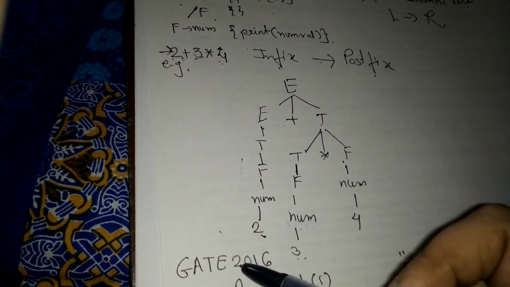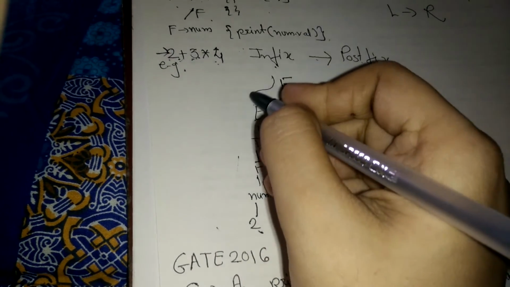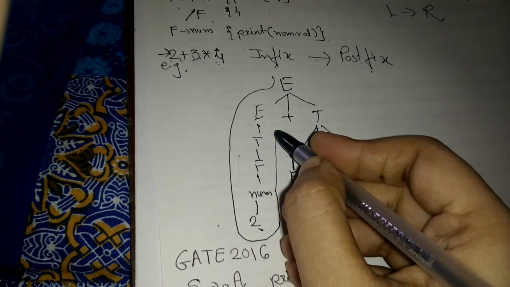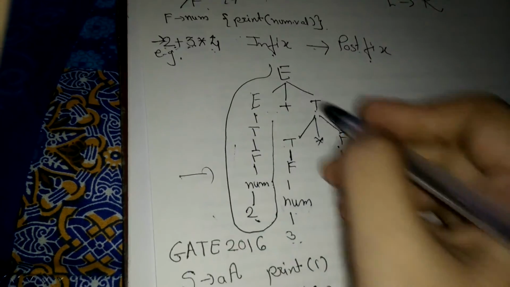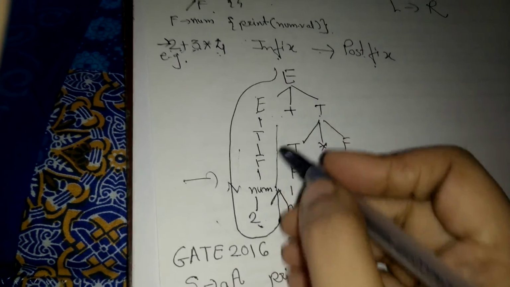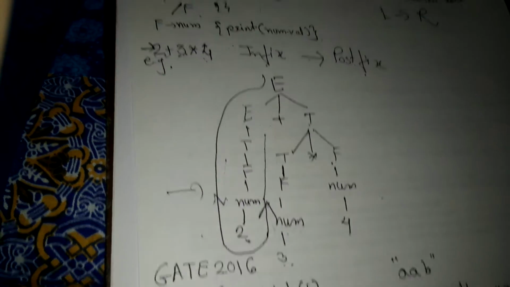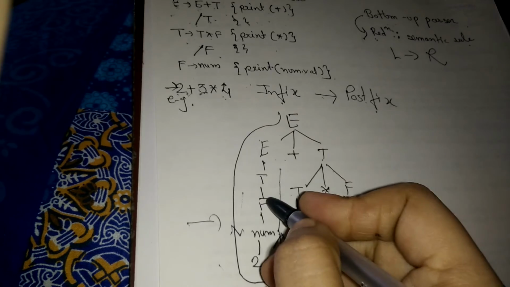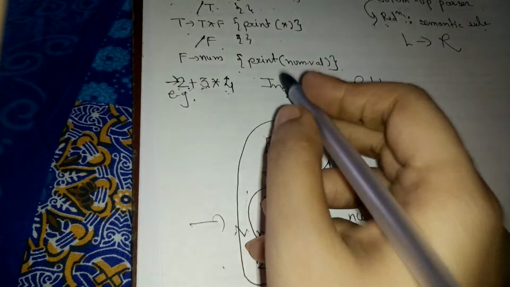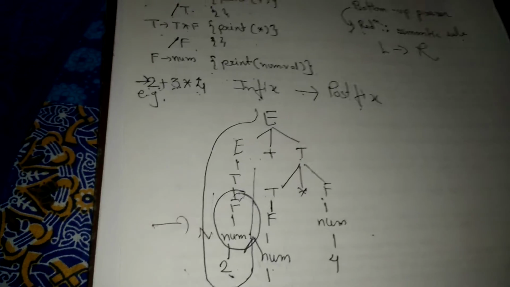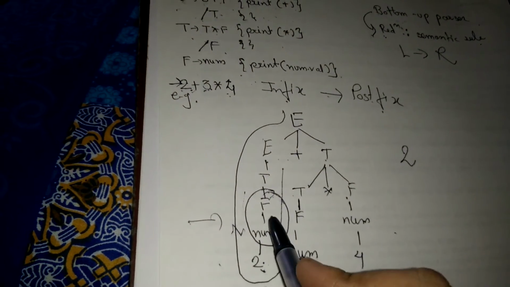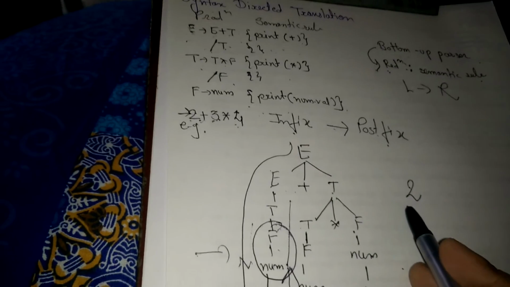Now our task is to go bottom up and from left to right. So as we are starting from left to right, we will go to the bottom and we will go upward. Okay, and from left to right, we are not starting from this side, we are going from this side. So from the bottom I am going up. So whenever there is a reduction, I have to apply a semantic rule. Now see, F to num is a reduction. And what is the action that I have to perform? I have to print the value of num. The value of num over here is 2. So what I am going to print is 2. So this is my first semantic rule, and the action is 2.